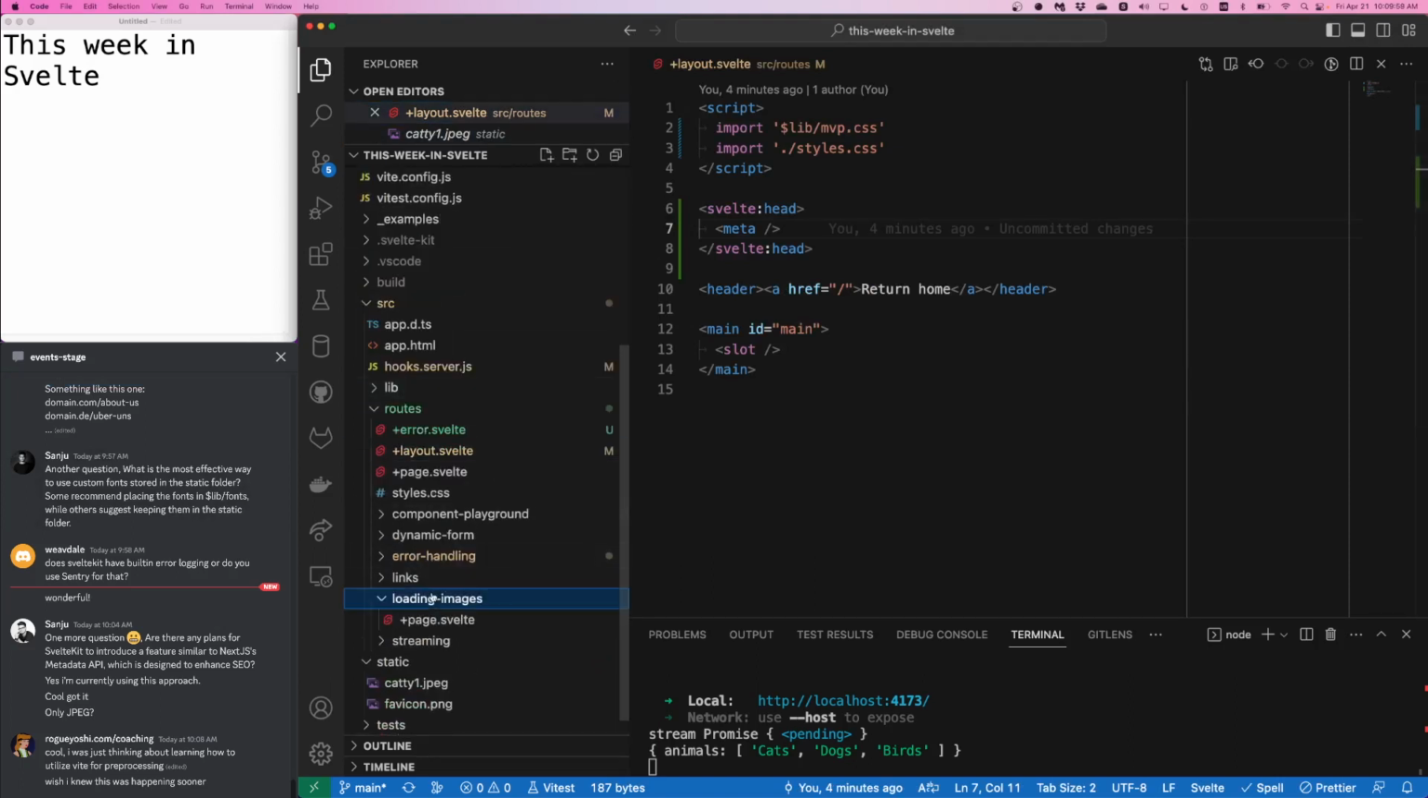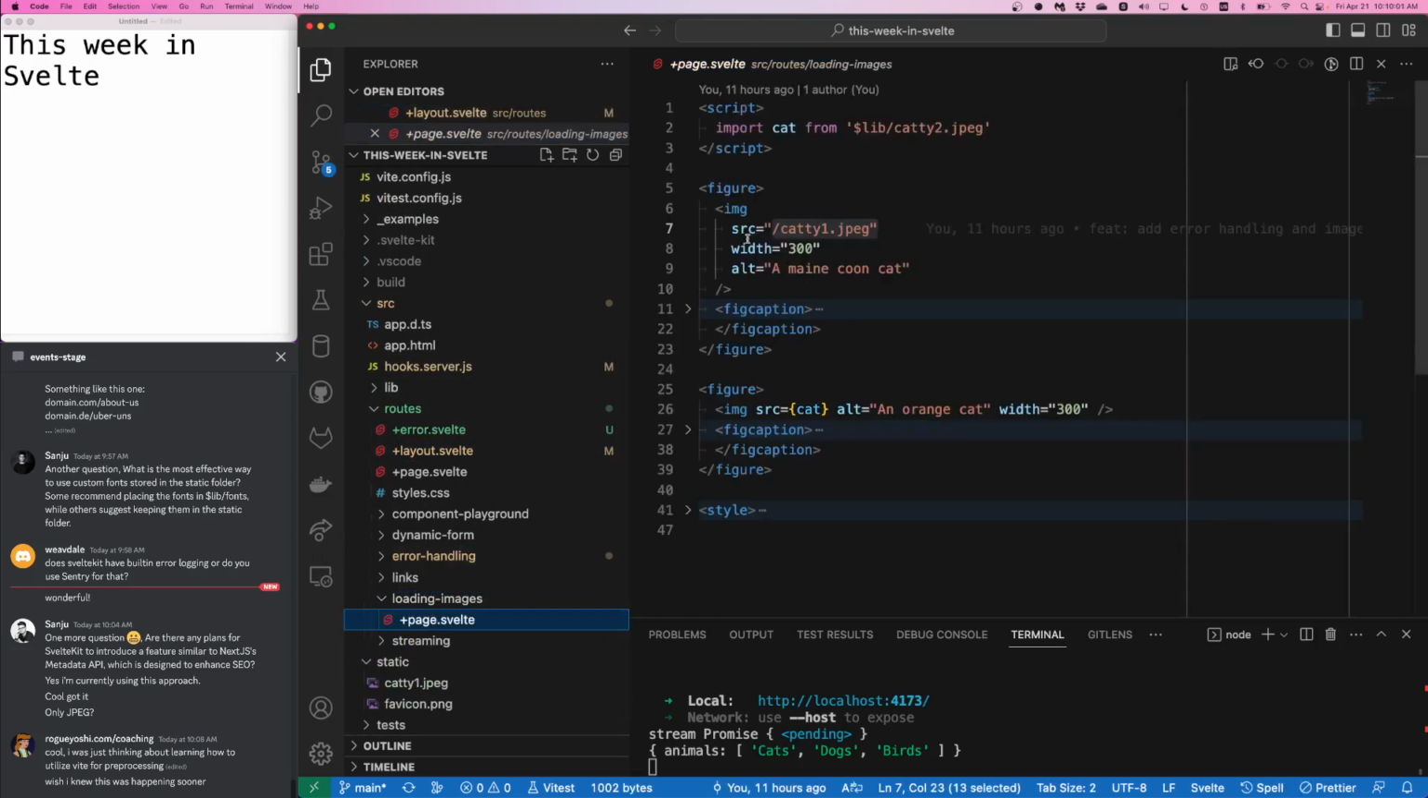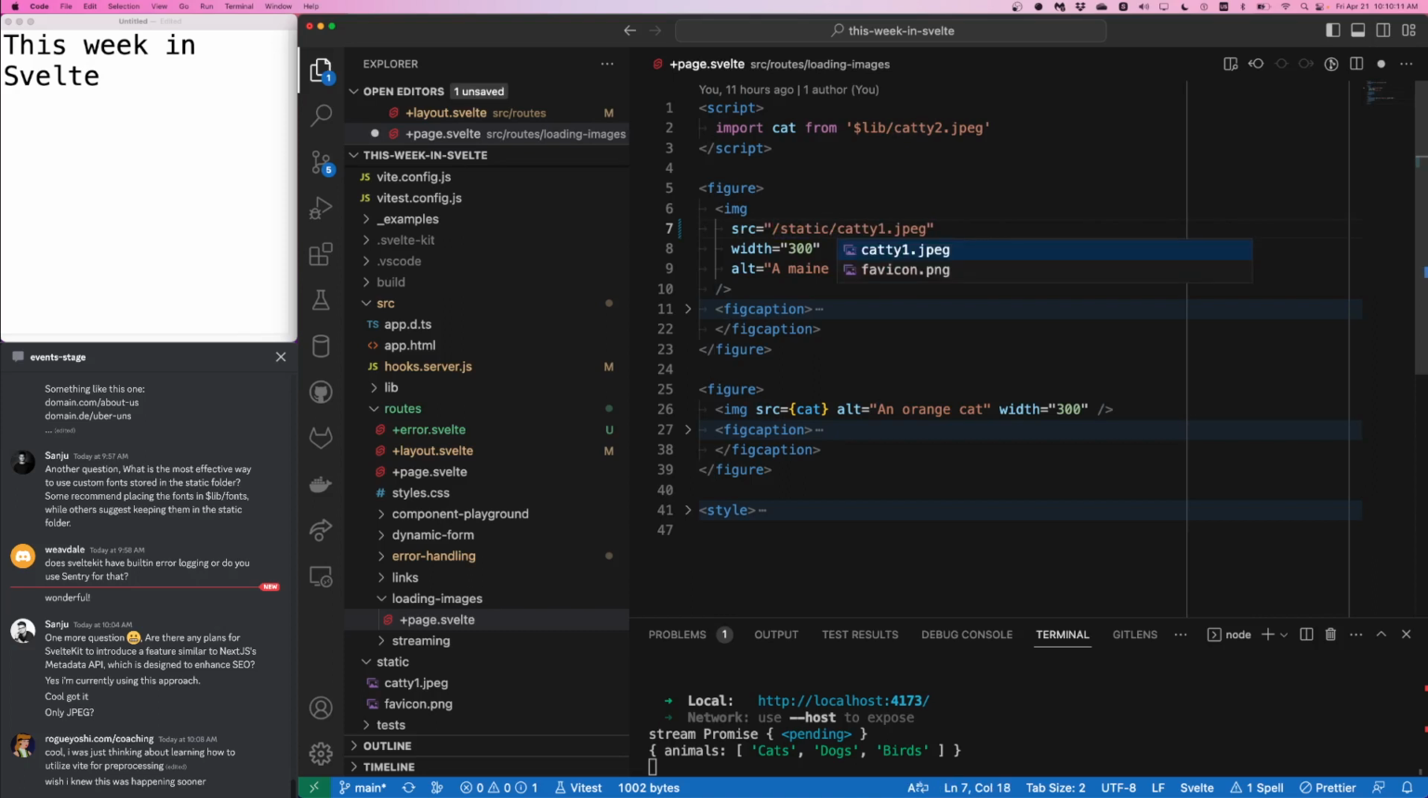So under loading images, on line 7, the URL I'm using is /cat1.jpg. Some people get hung up on this: I'm not using /static/cat1.jpg. Don't do that, because everything inside static gets copy-pasted into your final build. And if you see in my build folder,